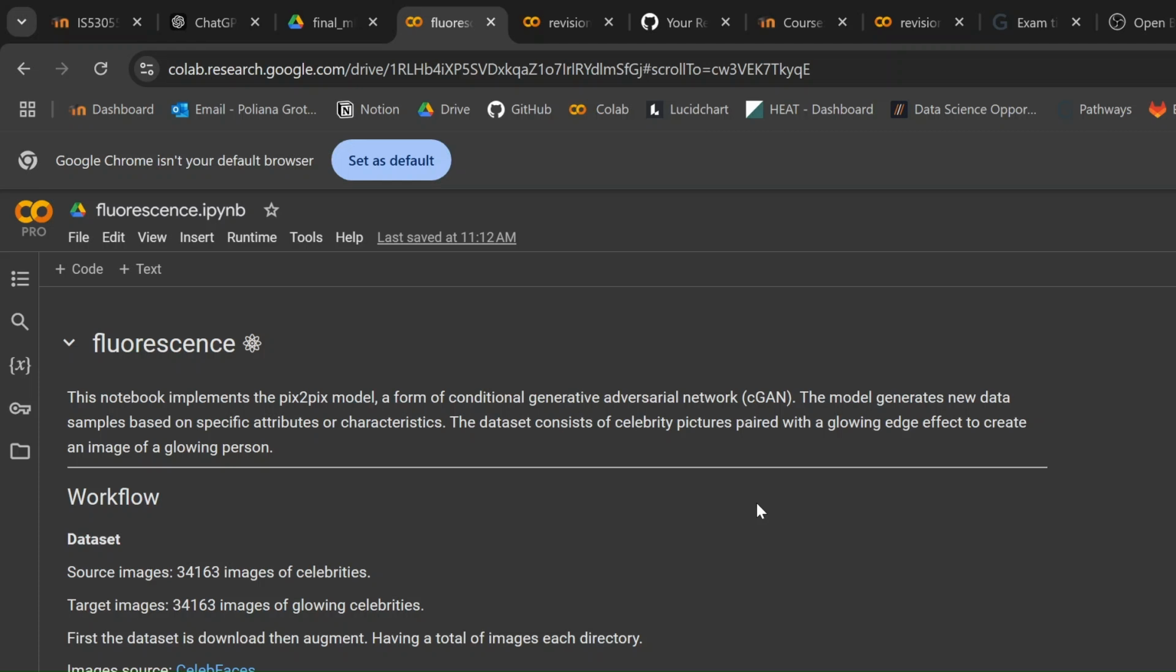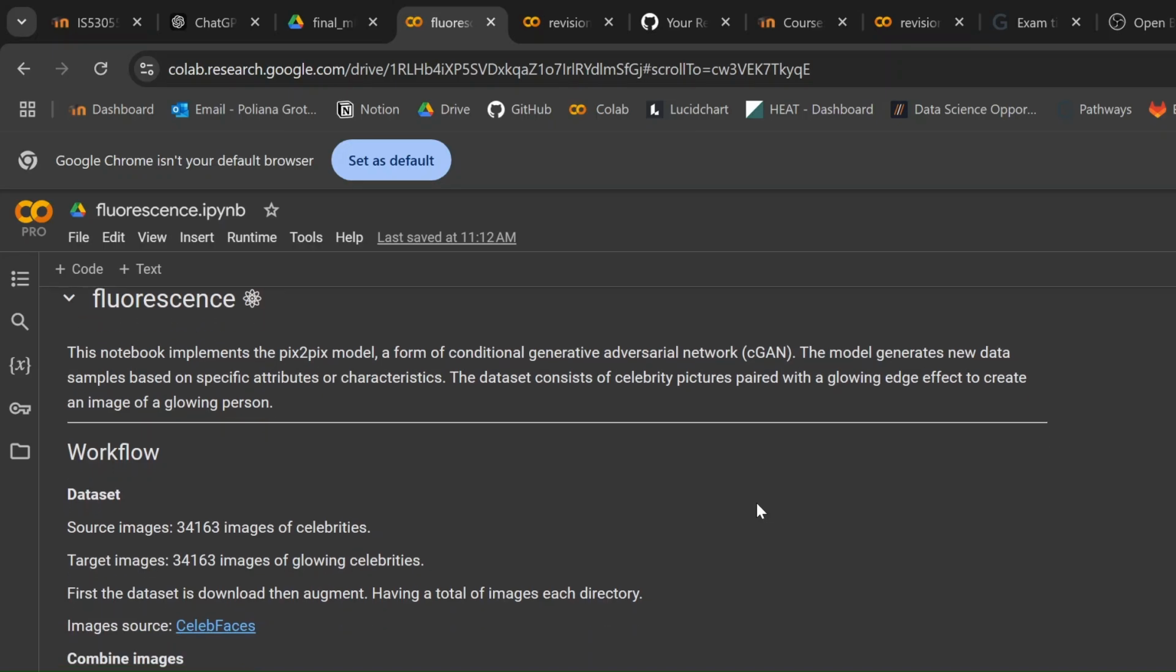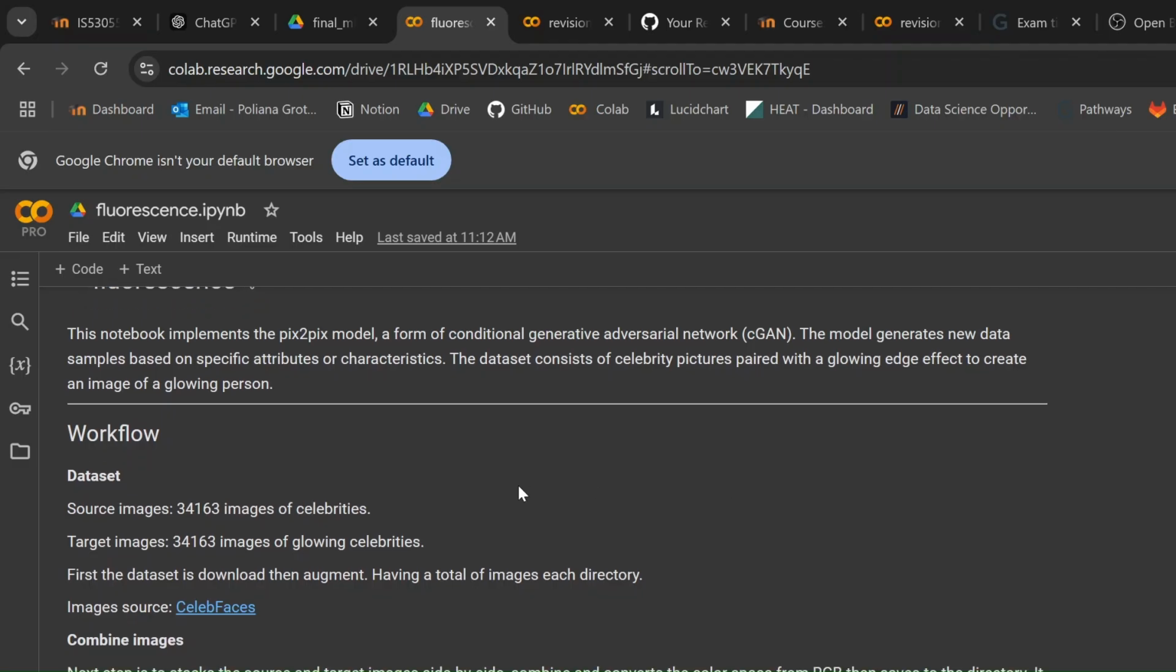So my project implements a Pix2Pix model based on one of the notebooks from our classes. My idea was to use the celebrity dataset to train a model to create glowing faces of people. I did not use the entire dataset. I only used